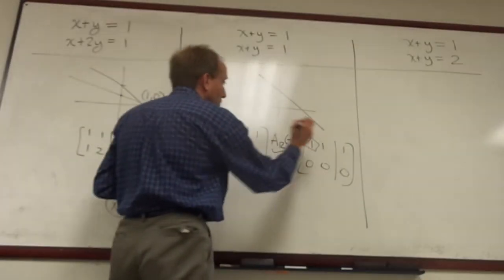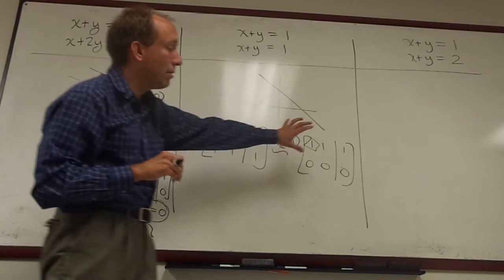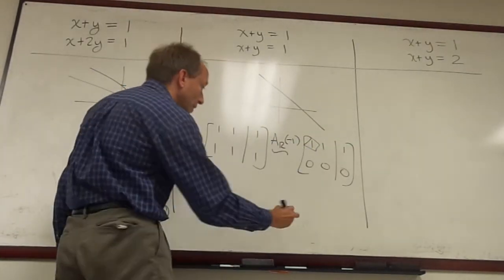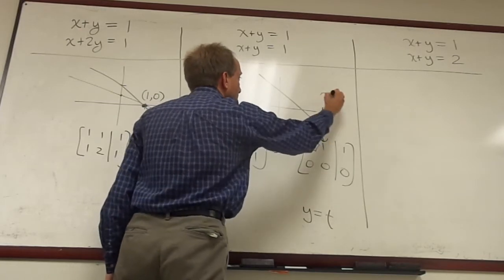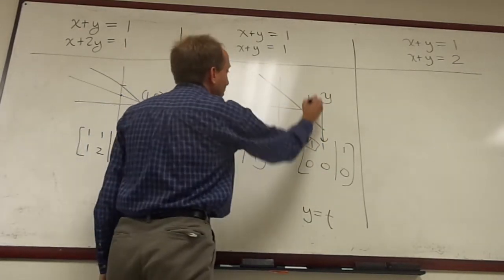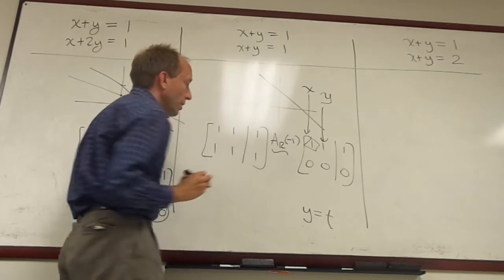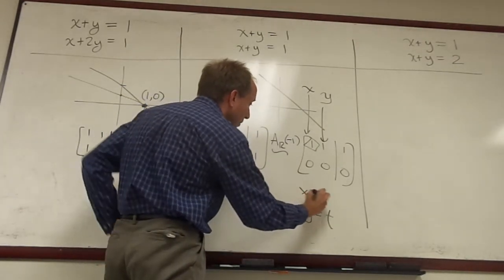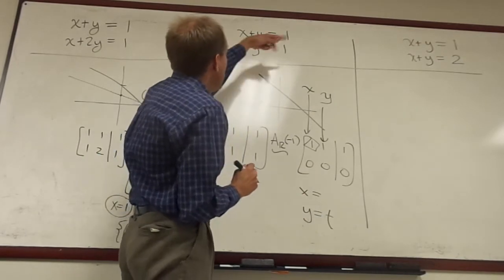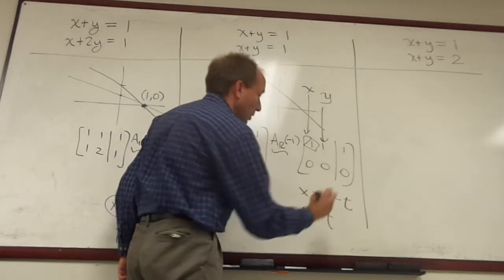So this time I only have one pivot in my row echelon form, which means I do have a free variable. The free variable being the one that corresponds to the second column, which is y. Remember that we label these columns. So y is free, so I'll just call it t. And then x can be solved for from either equation up there, and it's just going to be 1 minus